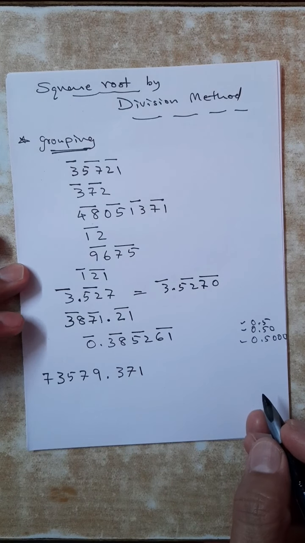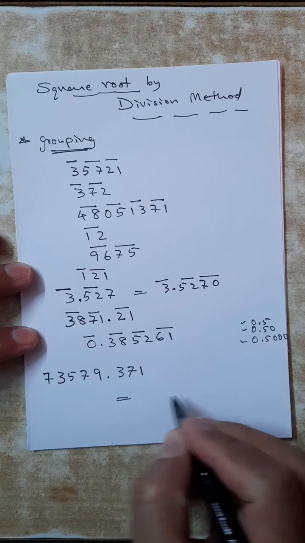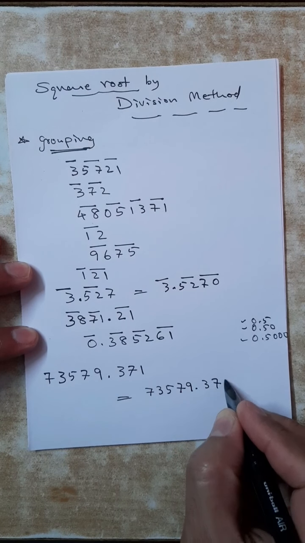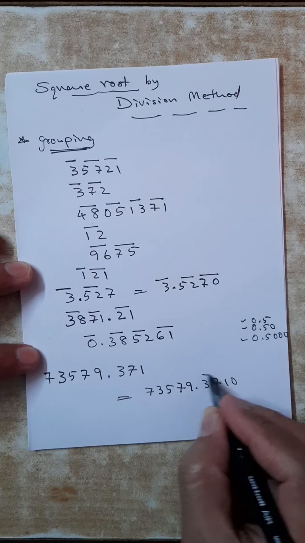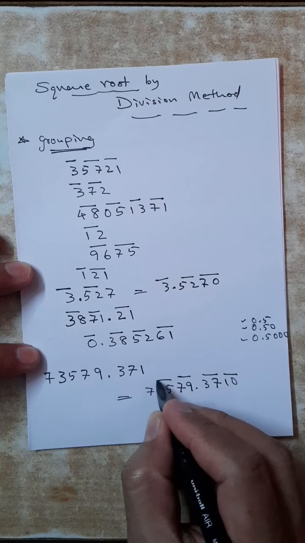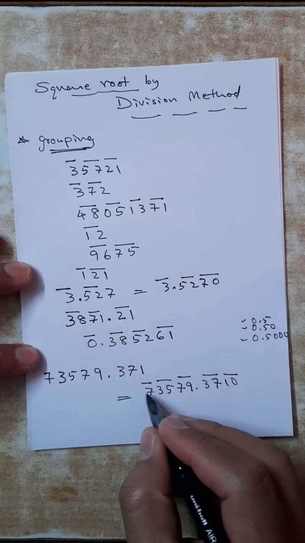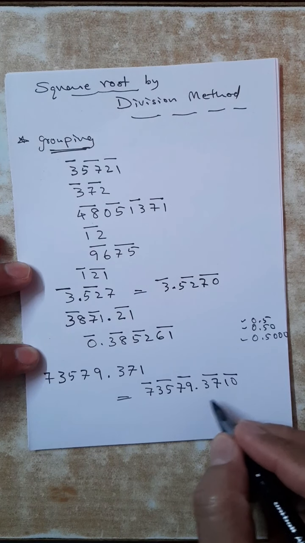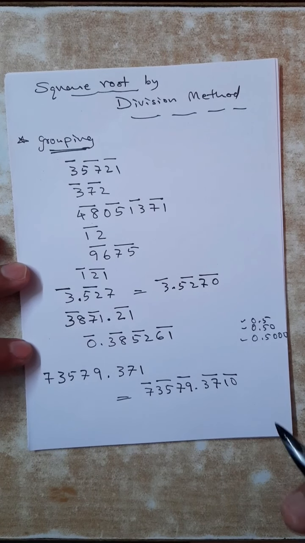73579.371. Okay. So this number, instead of putting bar here because I have to add 0, I will write again: 73579.371. Since it is only 2 here, one group properly, I will add here 37, 10, 79, 35 and 7 alone one group. 07, no need, 7 is enough. But here it is needed a 10. I have to make it a 10. 1 or 10 both are same, but while doing the division, we will take it as 10. Okay, so this is a procedure for grouping.